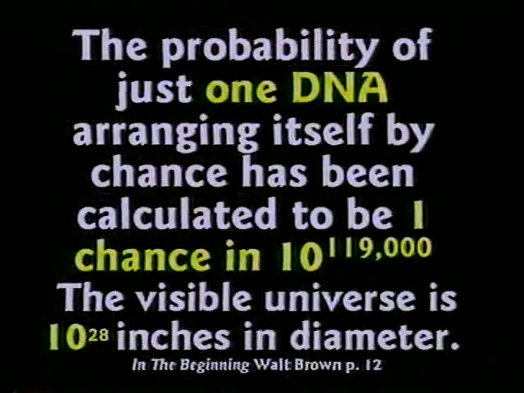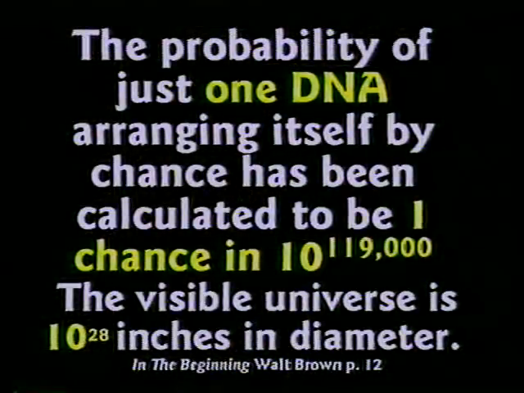Those big numbers get lost easily in the human brain, so here's a good analogy to help folks understand how big this is. The universe that we can observe with our current telescopes is probably 15 to 20 billion light years across. At the speed of light, which is pretty fast, it would take 15 or 20 billion years to get across the universe that we see. Change that to inches: that is 10 to the 28th power inches in diameter.